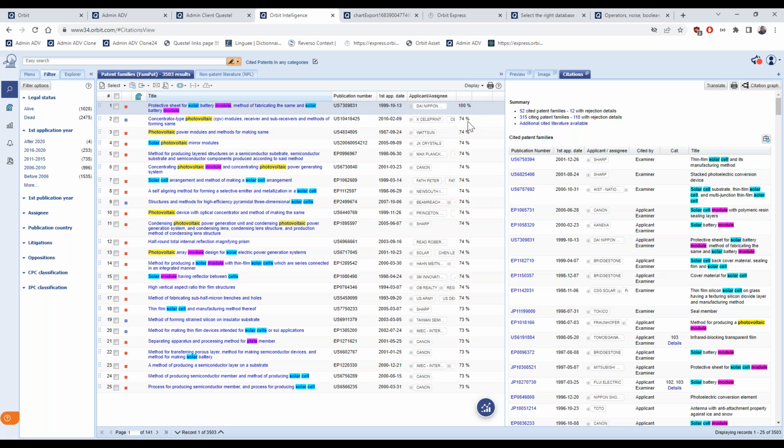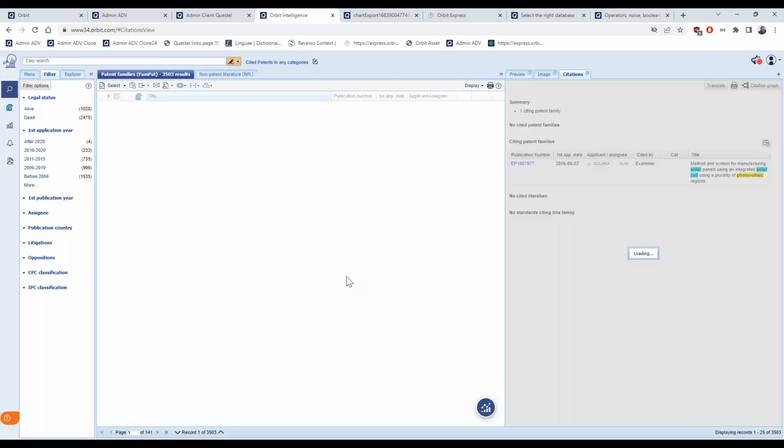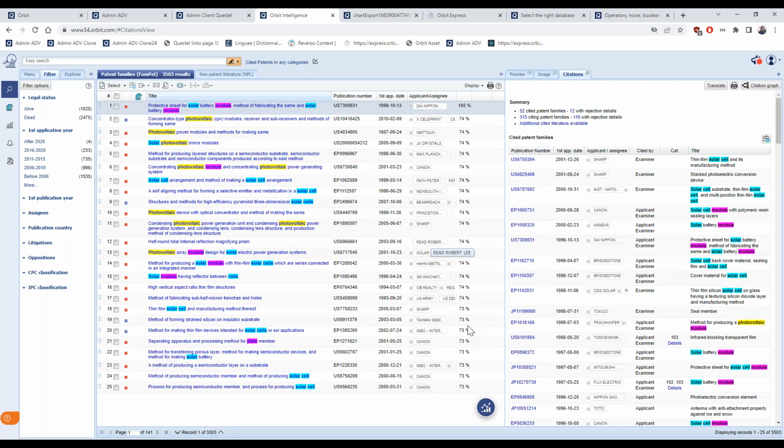Here again, you have this relevance score based on another algorithm done by the system to suggest how relevant, how pertinent the results are based on your search strategy.